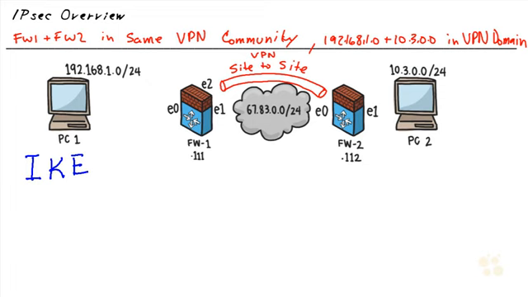Now, behind the scenes, in the world of IPsec, one of the major protocols that's used is called IKE. It's an acronym for Internet Key Exchange. And with IKE, there's a couple different flavors. There's IKE version 1, the original, and then there's IKE version 2, which made some improvements. And whether we're using IKE version 1 or IKE version 2, the main benefit of IKE is the automation and the negotiation that happens dynamically between VPN gateways so they can build and establish and maintain the VPN tunnels between